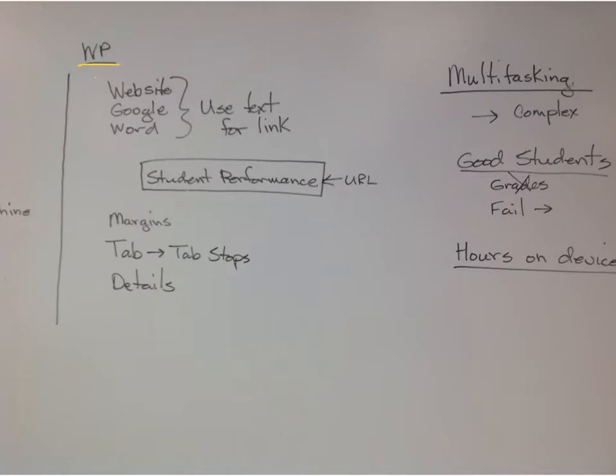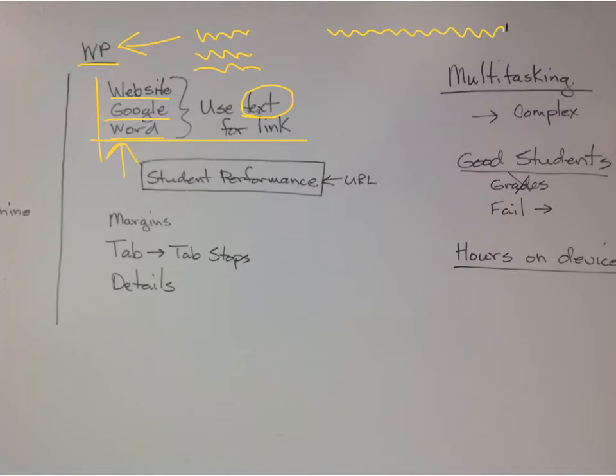Word processing. The other day we talked about the whole idea of word processing being able to organize words, images, pretty much based on text, for information. And nowadays we need to be able to distribute that a variety of ways. So when you're creating a link, either in a website or in your Google Doc or even in your Word document, and you have this long link to information,